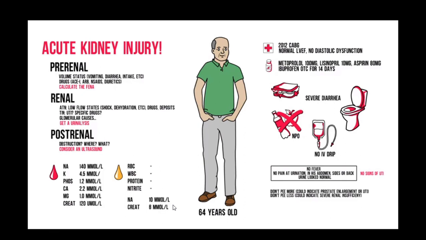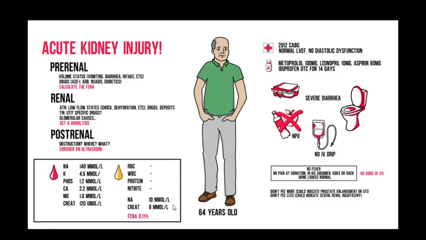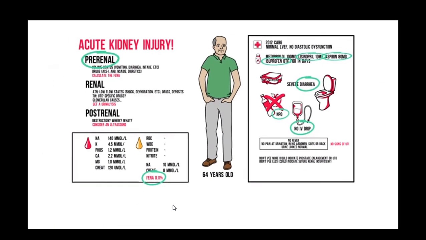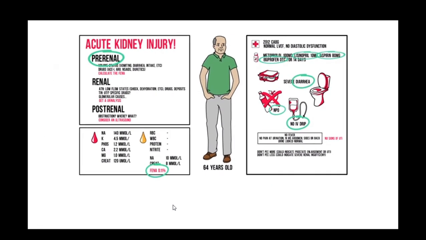Labs are in. Okay, so the fractional excretion of sodium is less than 1%, which indicates pre-renal kidney injury. This also fits the history and exam. You go through the other causes in your mind. ATN isn't likely as the duration of the dehydration wasn't that long. He doesn't have a UTI, and the urinalysis doesn't fit either a glomerulonephritis or a TIN. Post-renal is always a possibility, and it isn't excluded yet. But you have a sufficient explanation for now, so there's no need for an ultrasound at this moment.